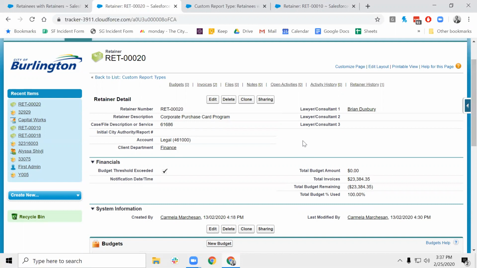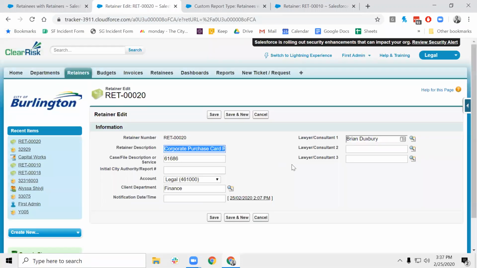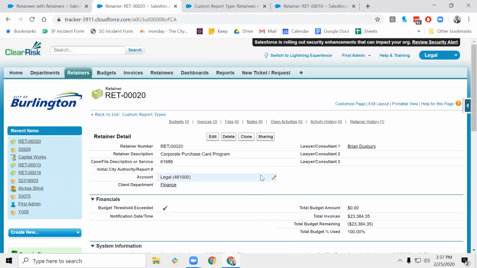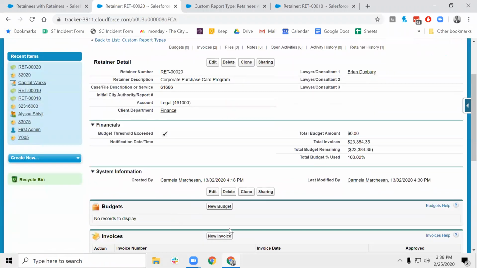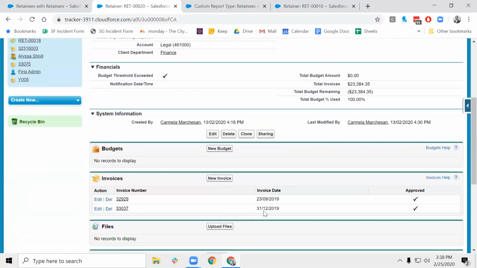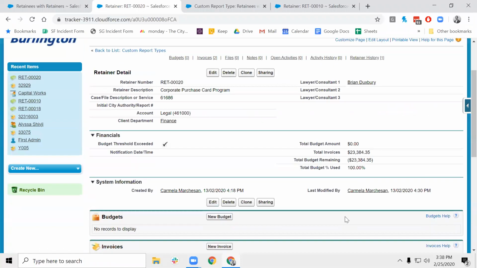I thought there was somewhere that it said that it's completed. If a retainer was completed, there was a spot somewhere, but maybe I'm wrong. It's in here somewhere. I don't see it, but it doesn't mean that we can't add it. Yeah, I think it was maybe under